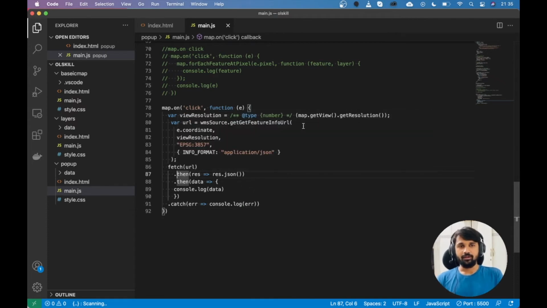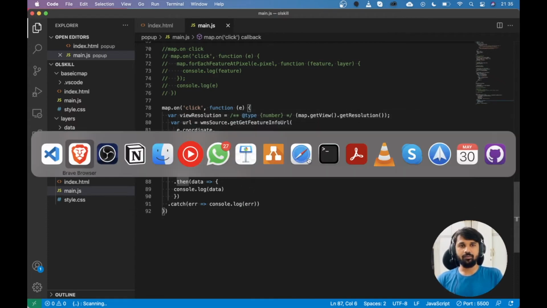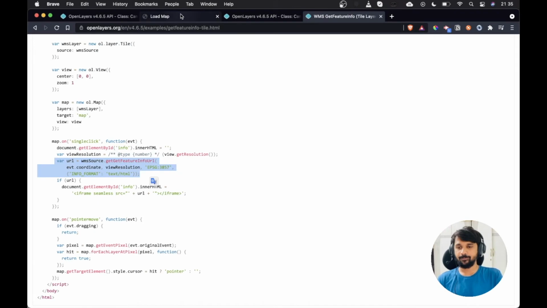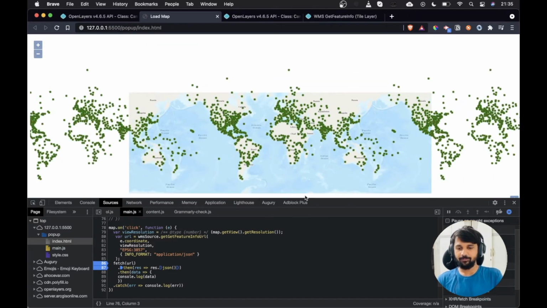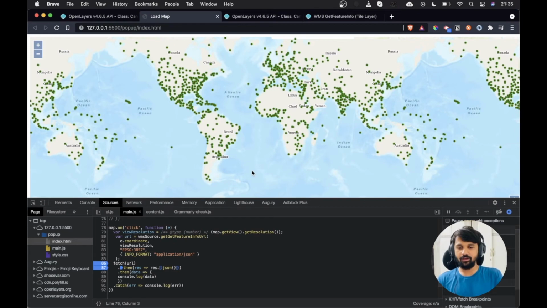Cool, we are there. Now let's just test out whether the WMS layer works or not. If I head over and if I click anywhere, I think this is all WMS layer, but I don't think the oceans that we see here are WMS, so we will test out both of these things.